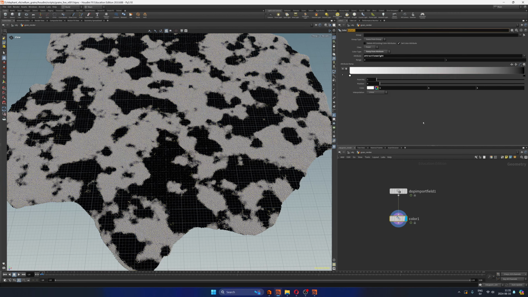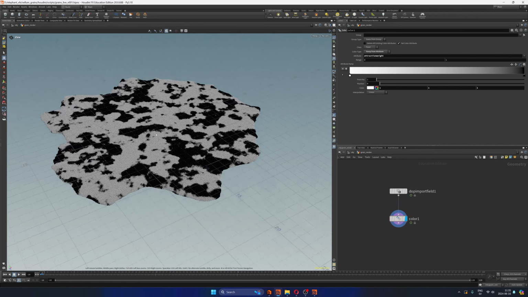Sorry, I deleted it. There you go. So now the white is going to be wet and the black is going to be dry. So we're creating a lot of clamps that are going to break anyway, so they are not as big as we can see them here. And the black is going to be more loose grains. So hopefully that will create a nice